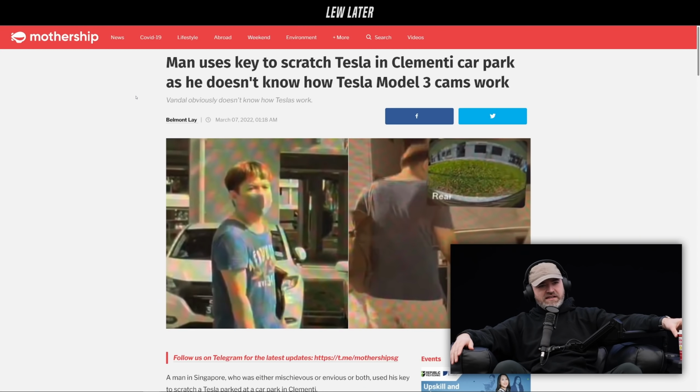Man uses a key to scratch a Tesla in Clementi car park as he doesn't know how Tesla Model 3 cams work. A man in Singapore who was either mischievous or envious or both used his key to scratch a Tesla parked at a car park. Why do people...